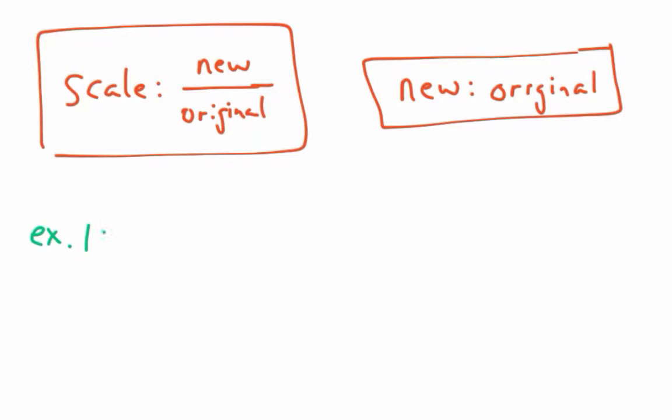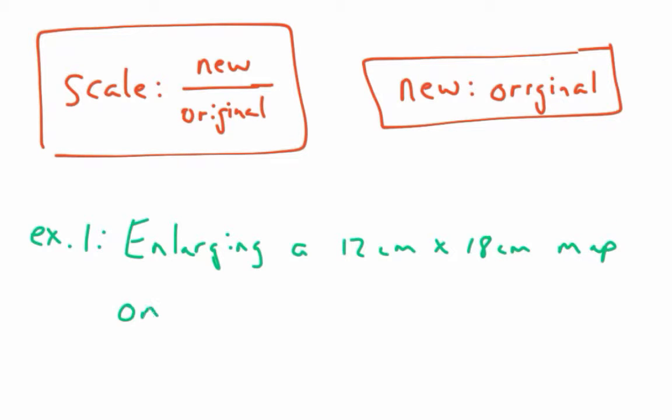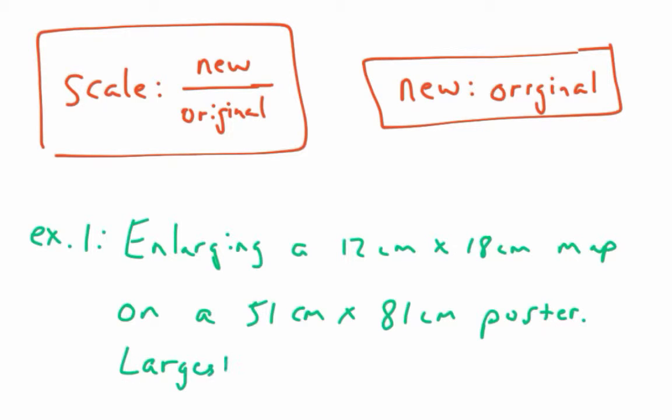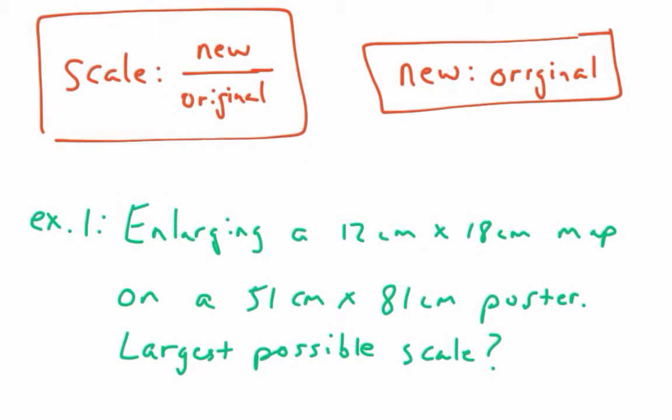And we're going to start out by making something larger. So I'm going to say I'm enlarging a 12 centimeter by 18 centimeter map on a 51 centimeter by 81 centimeter poster. And my question is going to be, what's the largest possible scale? So it's the largest possible scale. And when we have that,